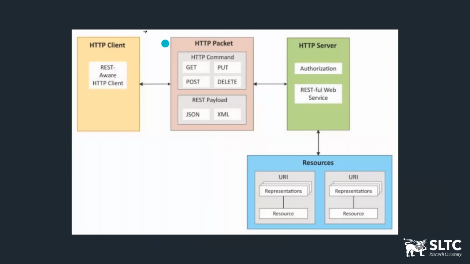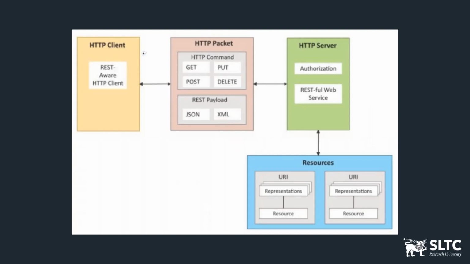So the HTTP client will send a request, and that request will consist of messages related to the request functions that are available. If we take a scenario where we are requesting information from the server using the HTTP protocol, the HTTP protocol can be used to make a request,